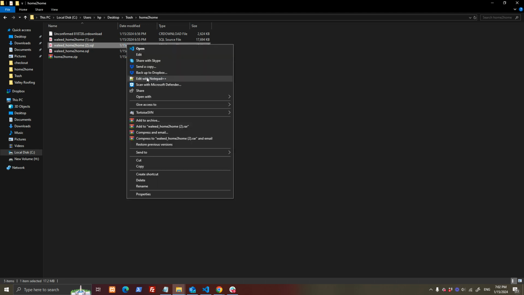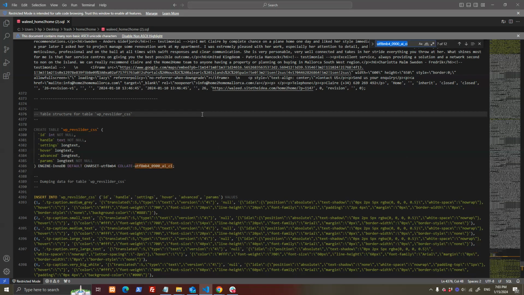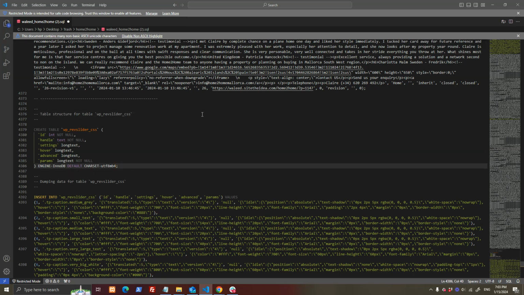in a text editor or a code editor, the best for searching. I will open it with Visual Studio Code. Here you can Ctrl plus F and search for it, alright, and then remove it. Let the database select its default collation,